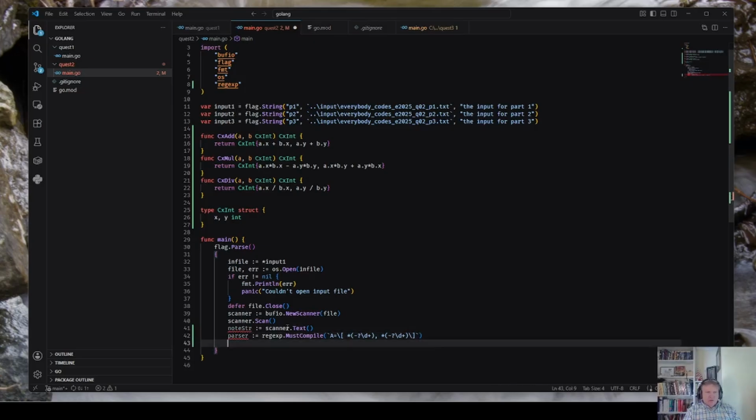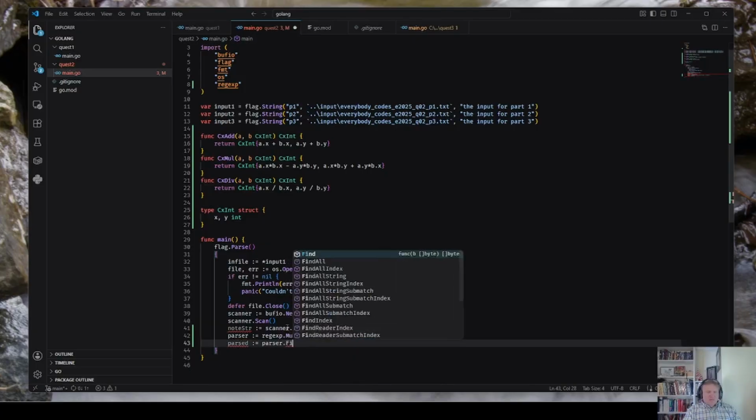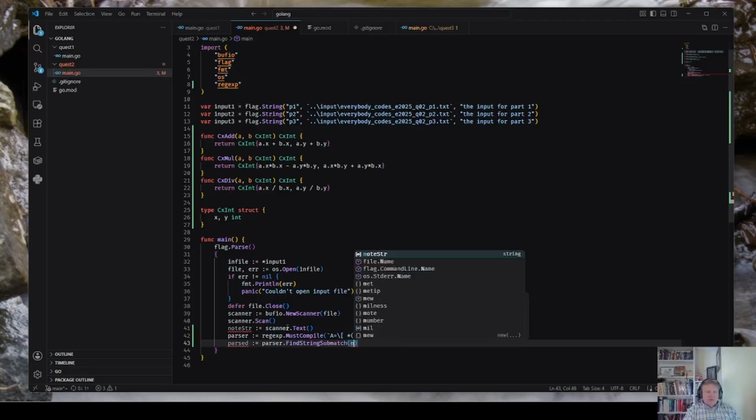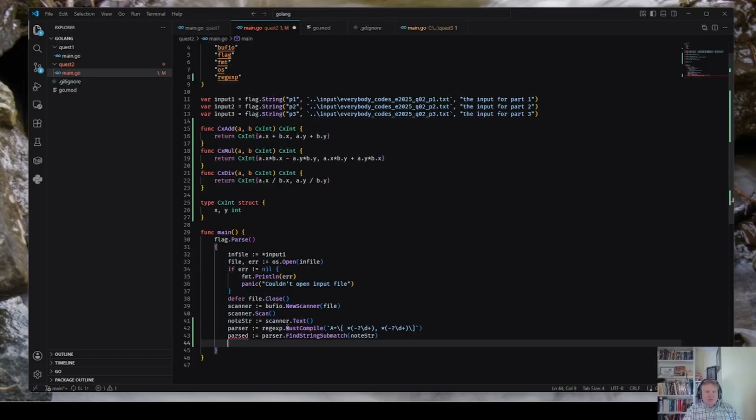Sure. Then find string submatch notes str. Cx mul, and this won't work. This won't work.